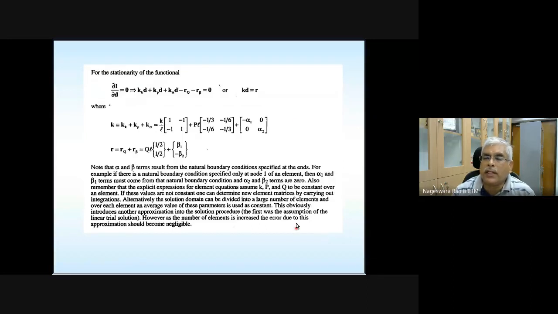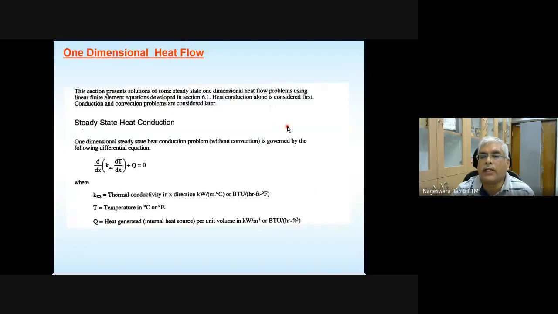So these are the element equations assuming k, p, q are constants. Now let's see an application of it: one-dimensional heat flow. Even though it is not in your domain of whatever you are studying,